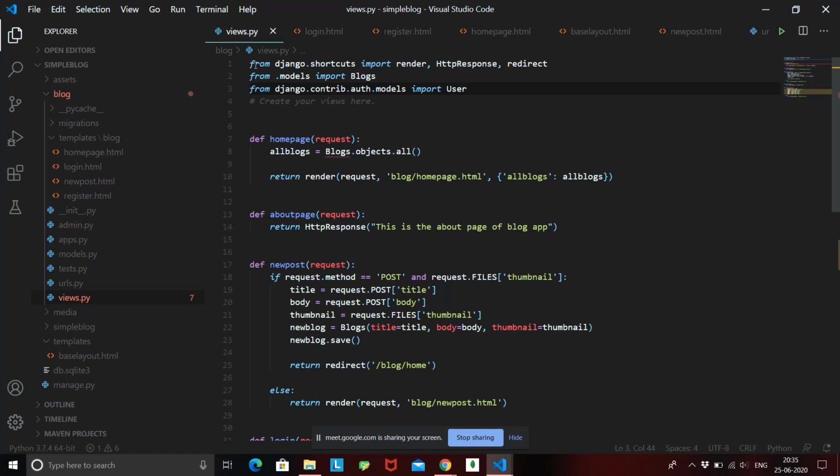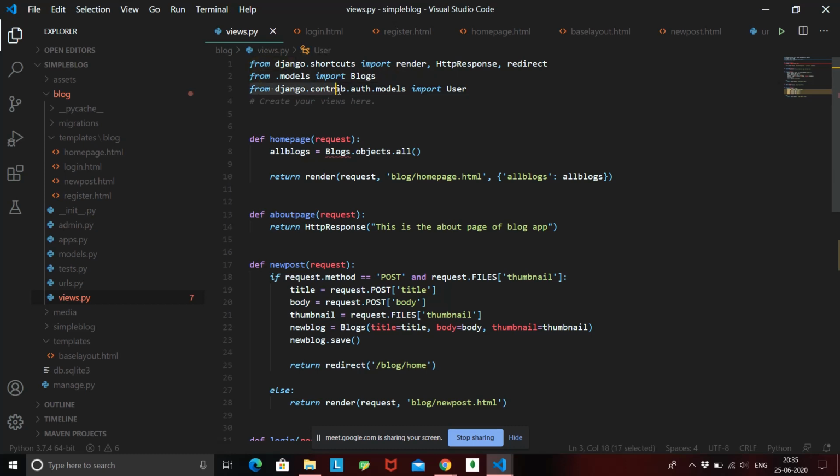Here you can see we have imported this blogs model from the models file that we created on our own. But as Django has created this model for user inside its folders, we just have to import that, and we don't have to create this user on our own. So what's happening here is that we are importing this model User, which has built in all the fields that we are handling, from the file django.contrib.auth.models.